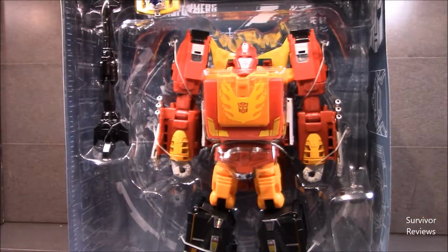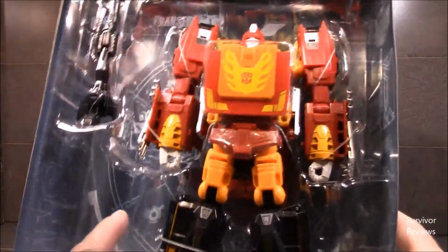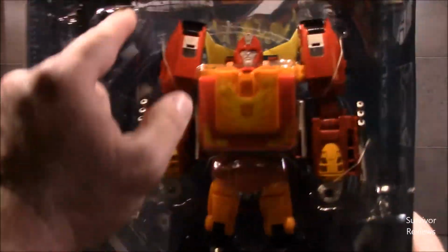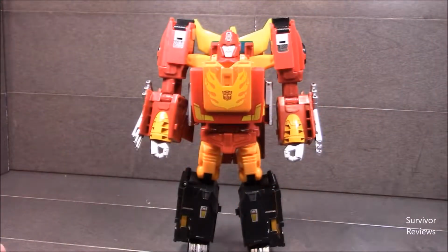So, let's crack this bad boy open. Oh, in the packaging you get Rodimus, his gun, and the Matrix. Out of the packaging,